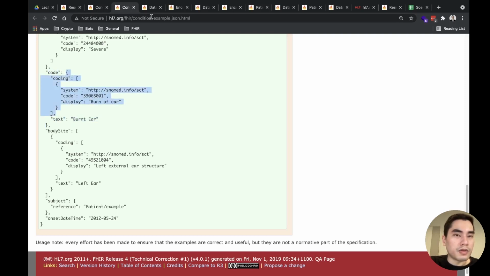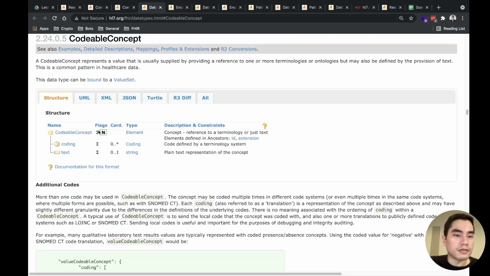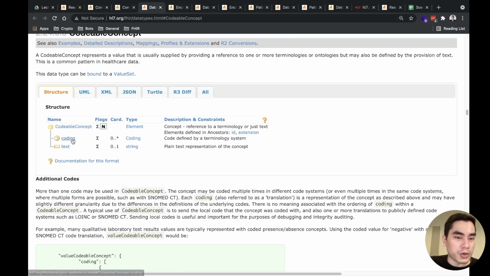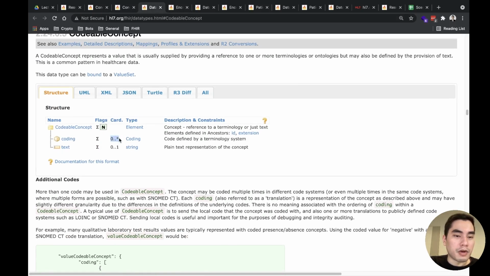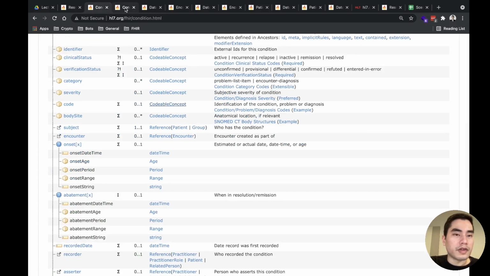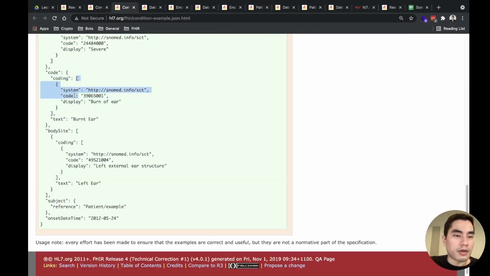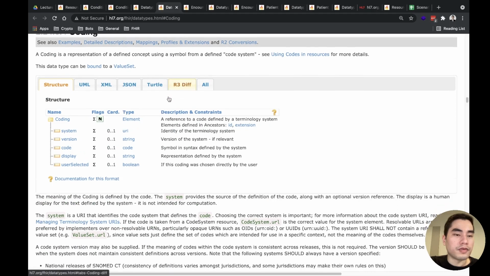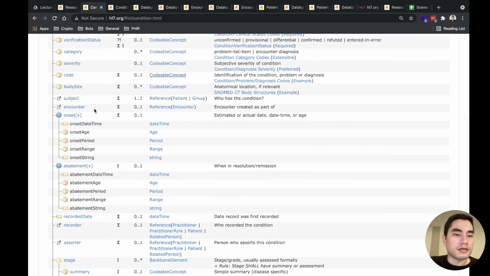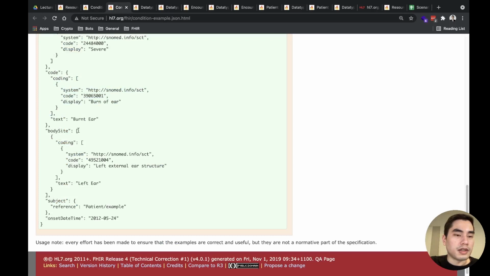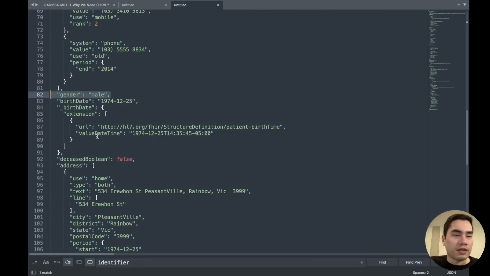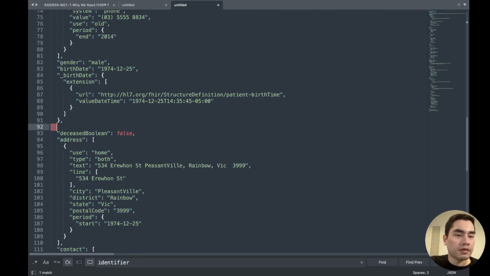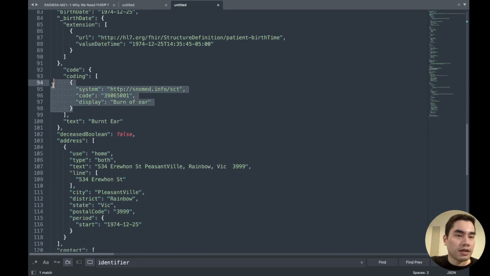And in that CodeableConcept, there is an element named coding, which can have multiple items. So we have to put an array at the coding, so it becomes coding and an array. And inside that array is the Coding object itself. So if you put it in JSON, it will be like this. Coding.